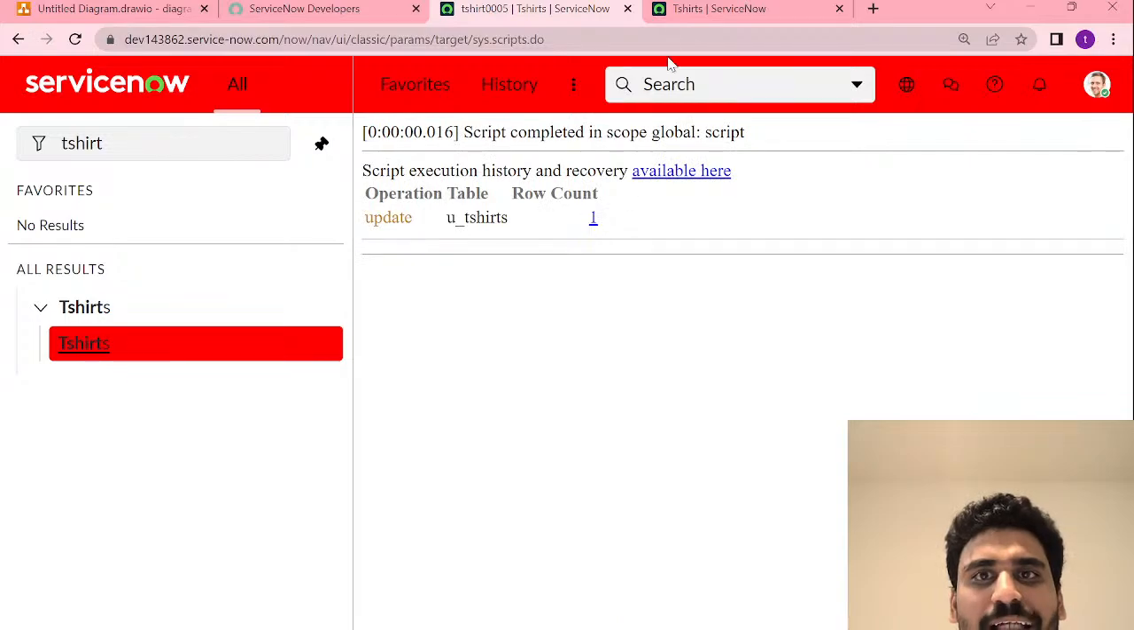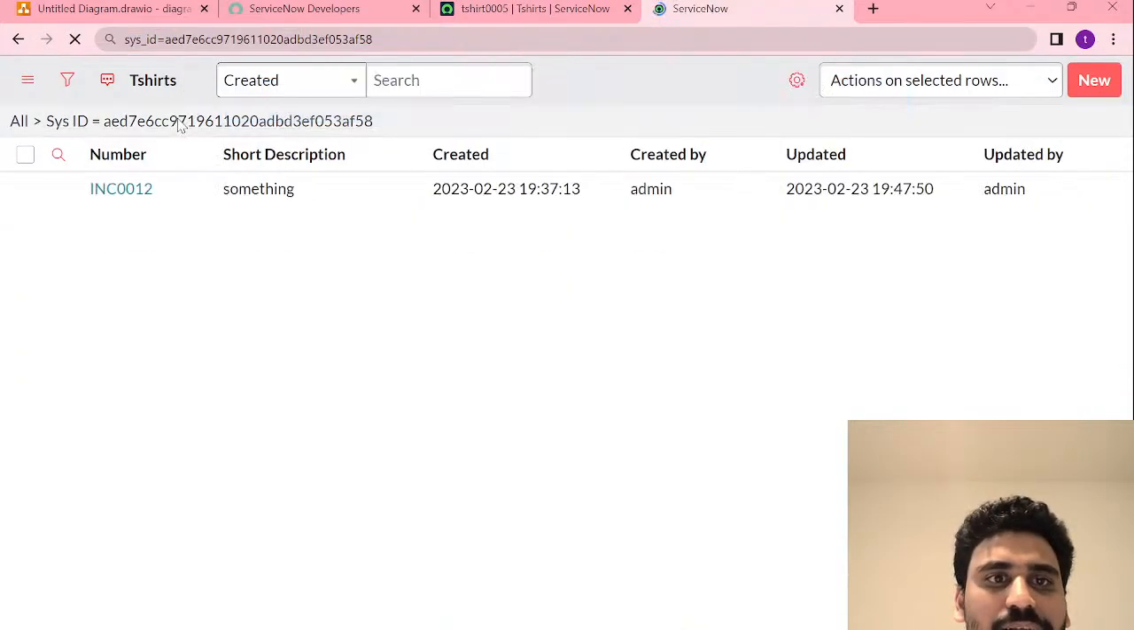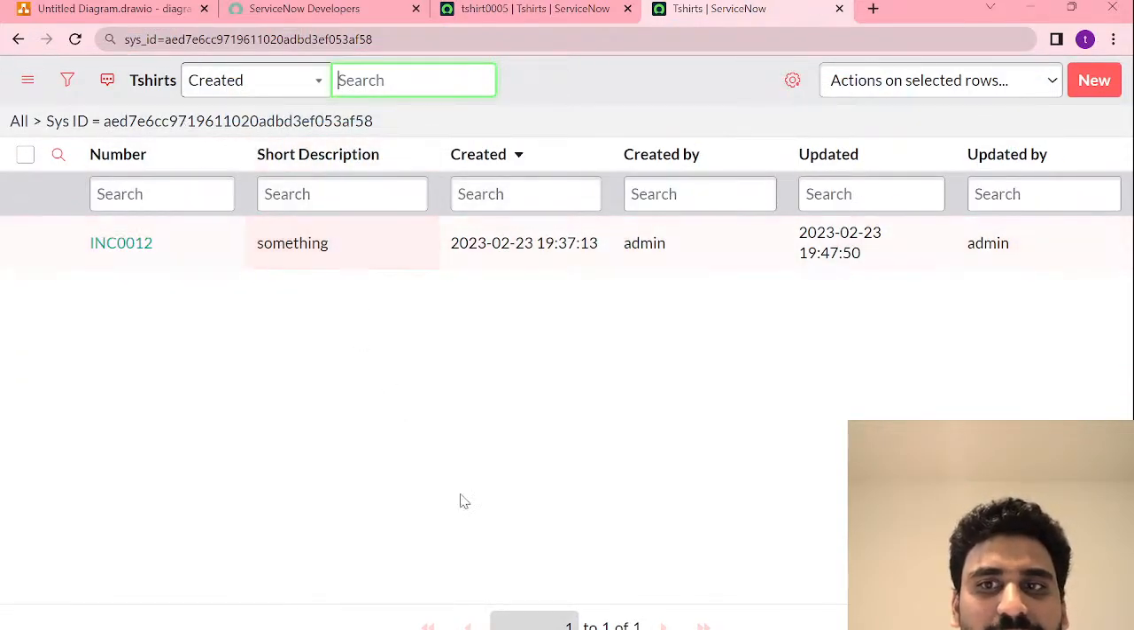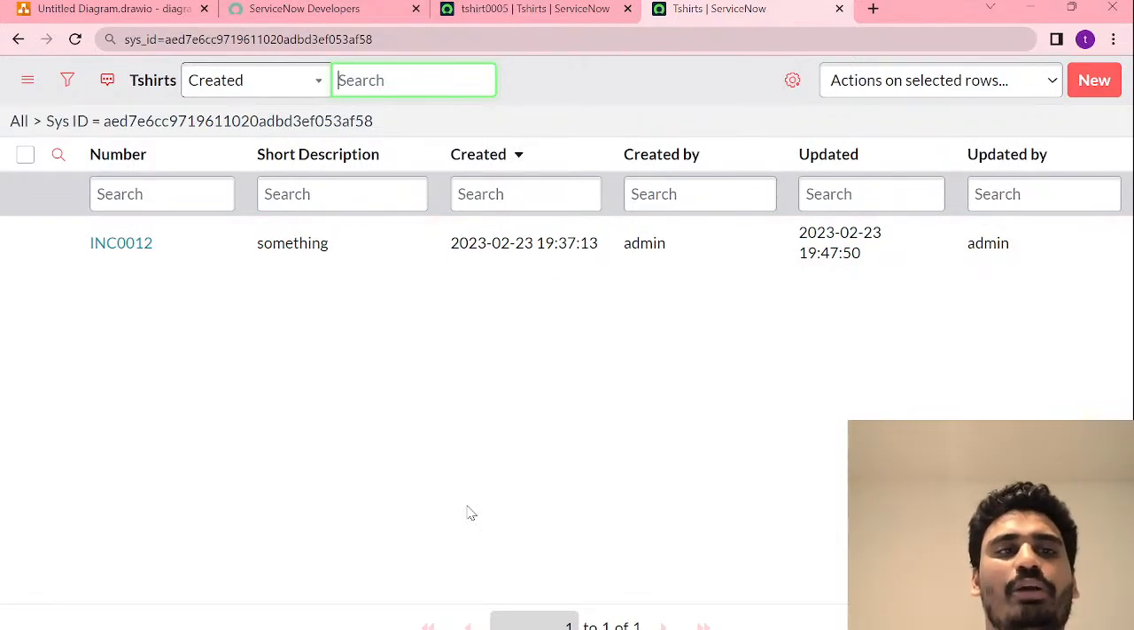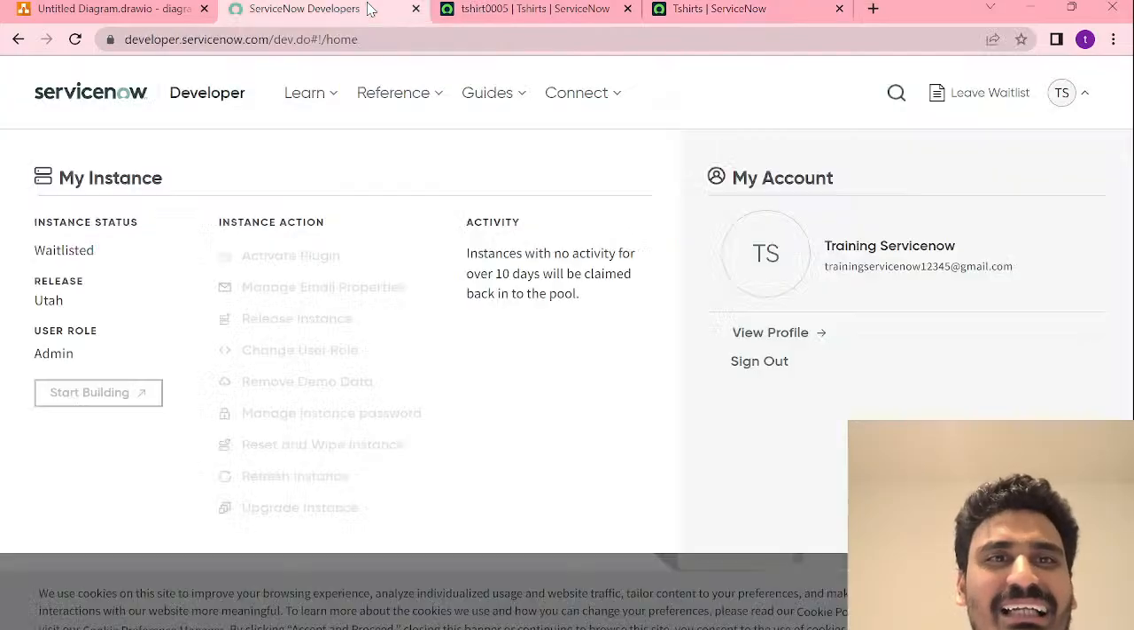Save it. One record got updated. Refresh it. You see here. So always, if you are targeting a single record, always use sys_id rather than using some of the other conditions. I mean, with other conditions. Okay. So as you are writing this,